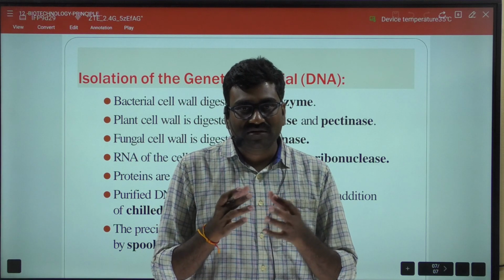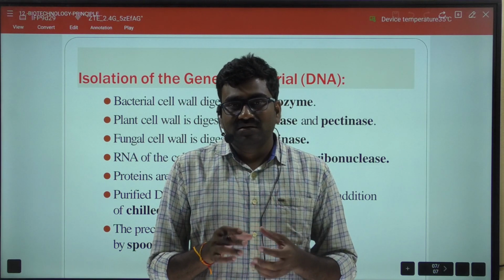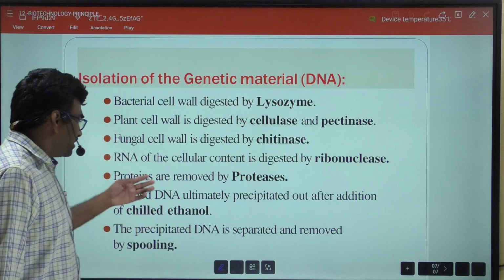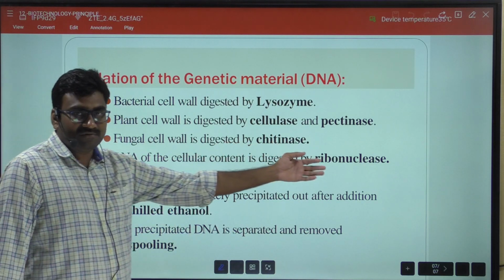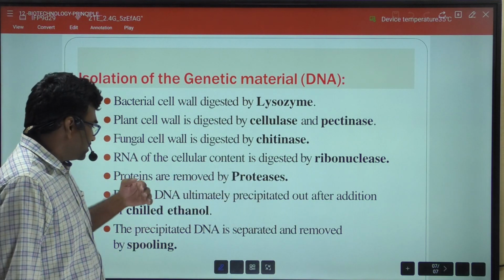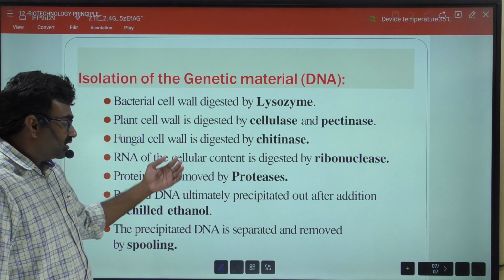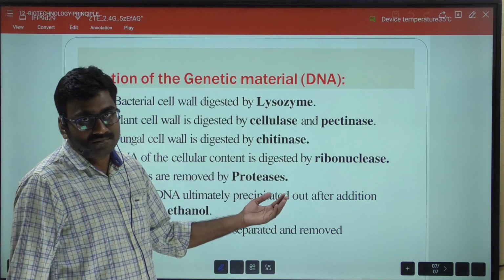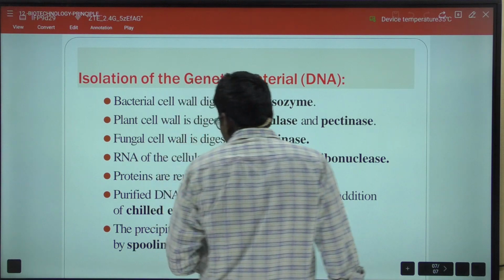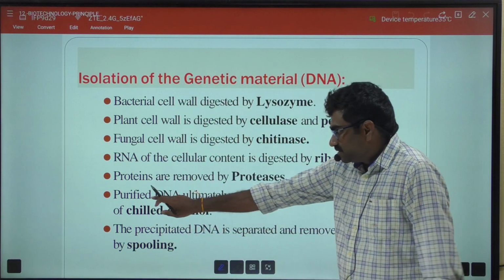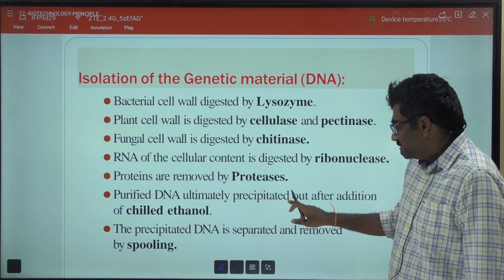DNA should be in pure form, so we should remove the other molecules like RNA, proteins, lipids, etc. RNA is removed by ribonuclease, proteins are removed by proteases. Like that, different enzymes are used to remove different molecules, because we require only DNA. So the purified DNA is ultimately precipitated out after the